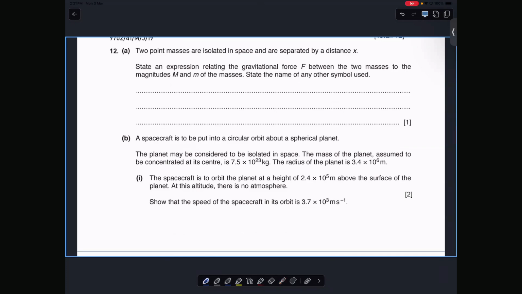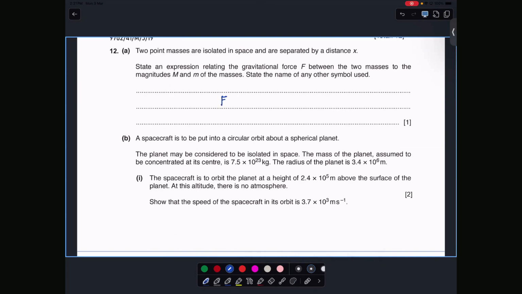Right, so it says that there are two masses. Two point masses are isolated in space and separated by a distance x. State an expression relating the gravitational force between the two masses to the magnitude m and state any other symbol. State an expression for gravitational force between two masses. G equals to